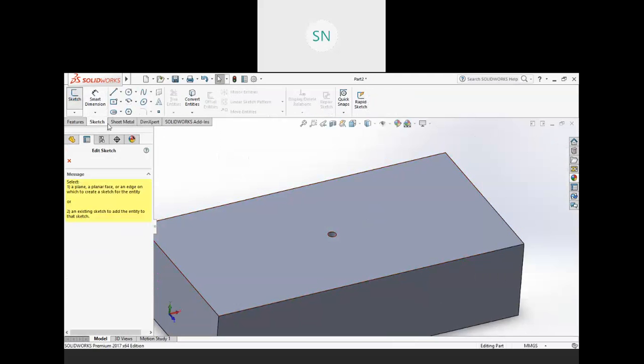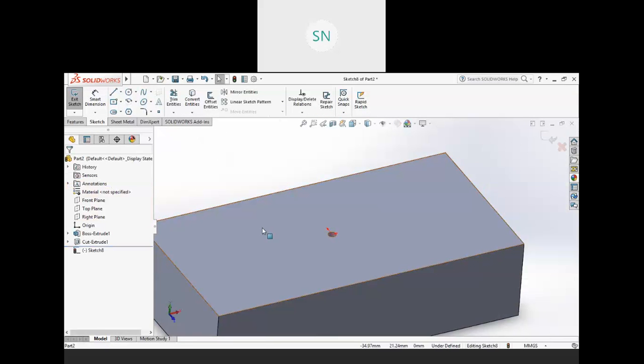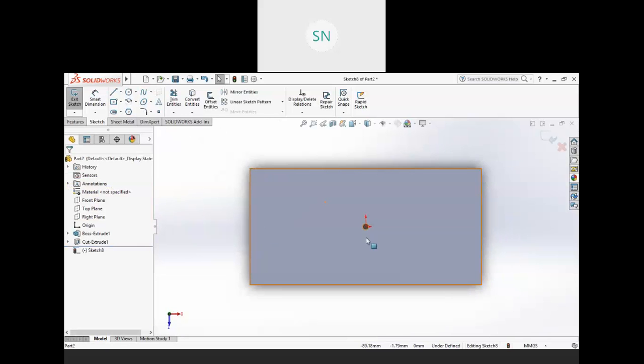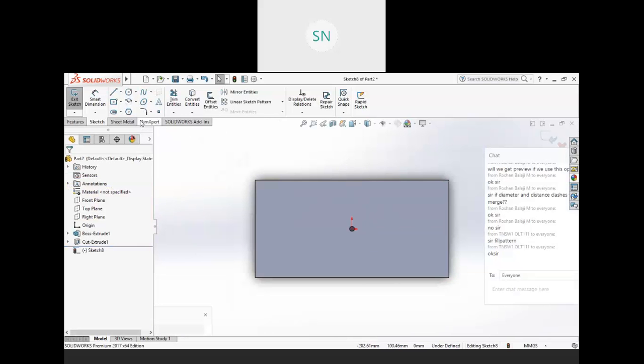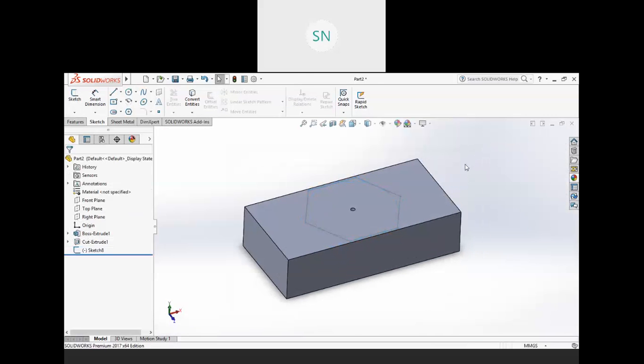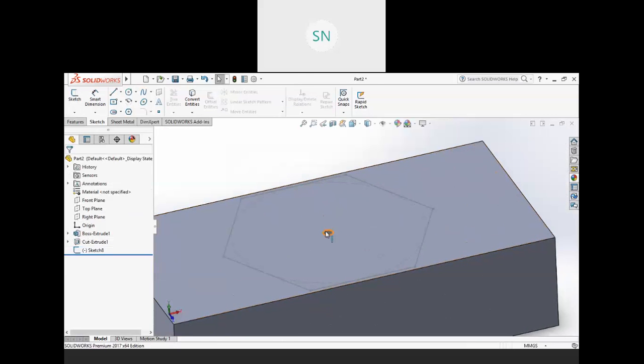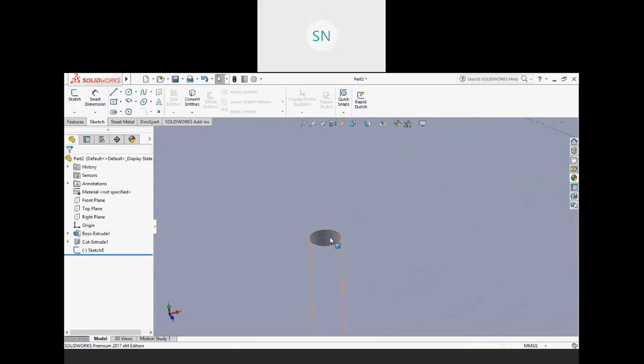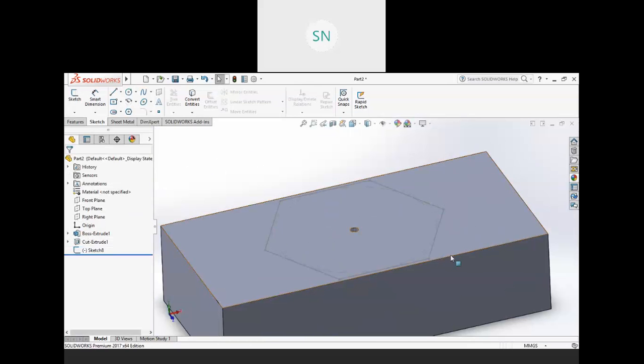Now create one sketch. Let's have a hexagon. Okay, now see, I want a number of copies of this hole inside this sketch. So that is known as fill pattern, right?